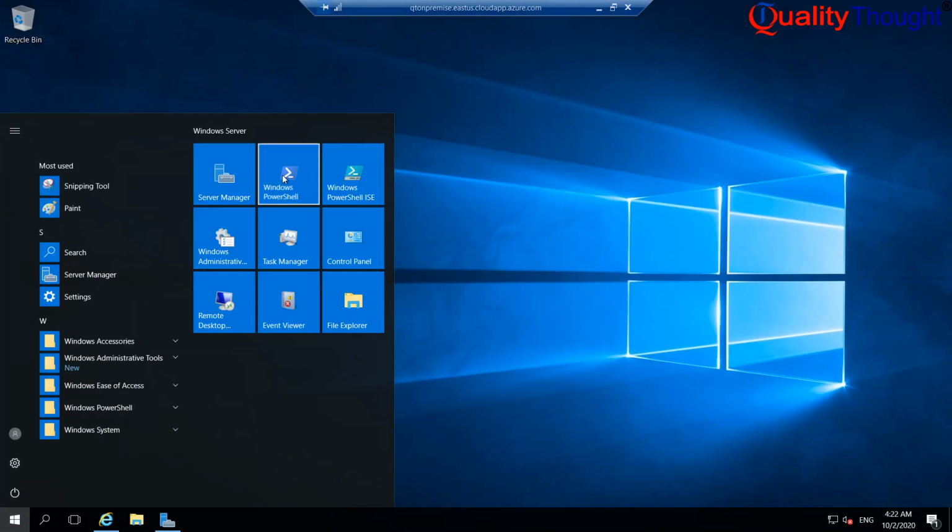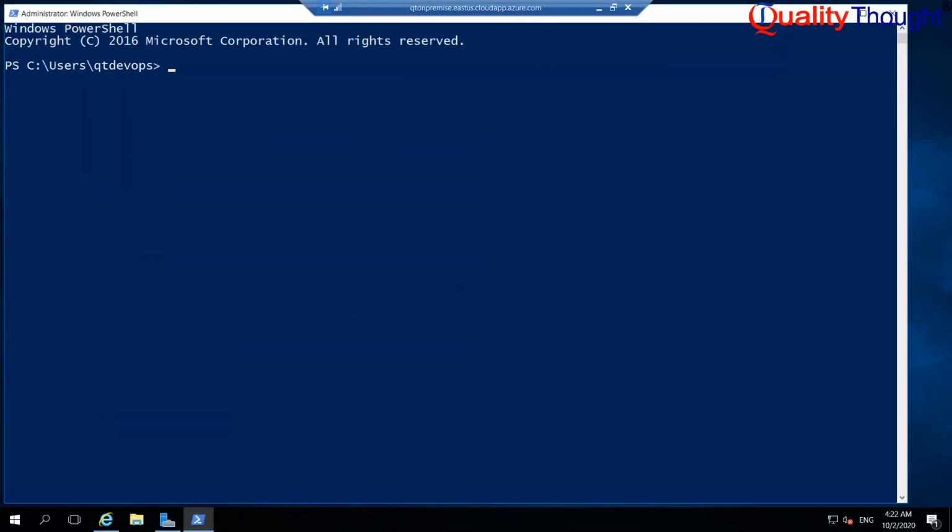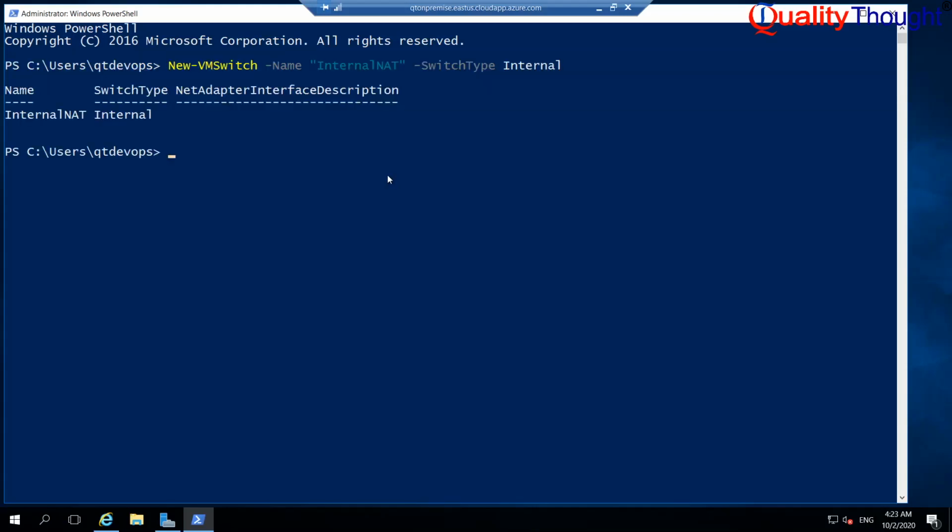Let me go to PowerShell, run as administrator, and I'm creating a new virtual machine switch. My switch is ready, and the next commandlet which we will be executing is Get-NetAdapter.